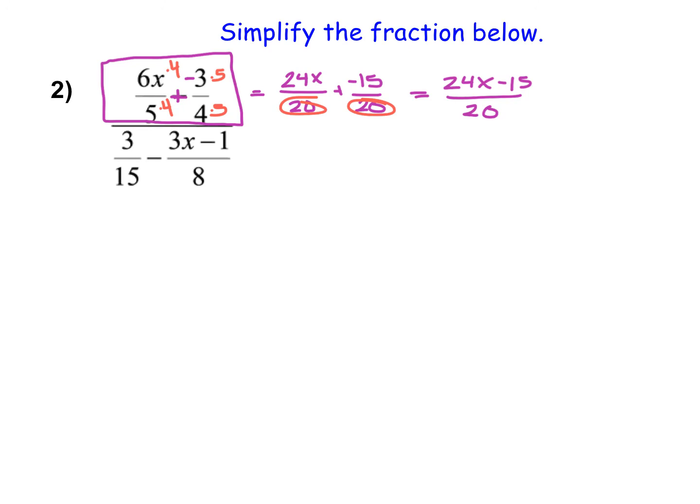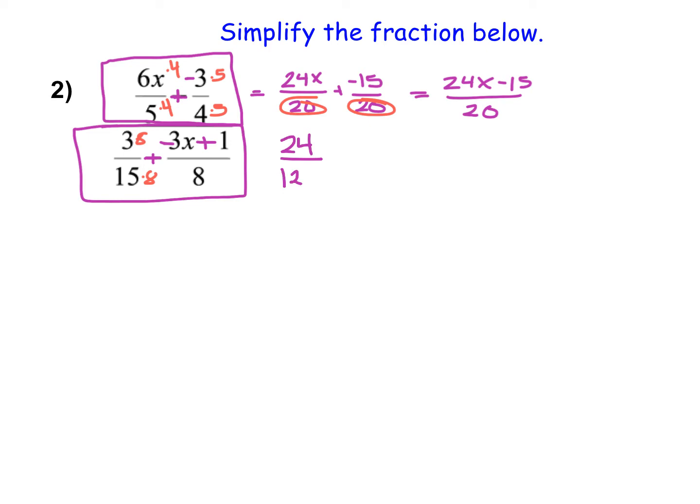So now let's take a look at the denominator. Again, I notice that I have a subtraction problem, so I'm going to turn it into addition by multiplying both numbers in the numerator of the second fraction by negative 1. So this becomes negative 3x, and this becomes a positive 1. Then from here, I know that I need to get common denominators, and I notice I have denominators of 8 and 15. So I'm going to multiply both the numbers in the first fraction by 8. So that gives me 24